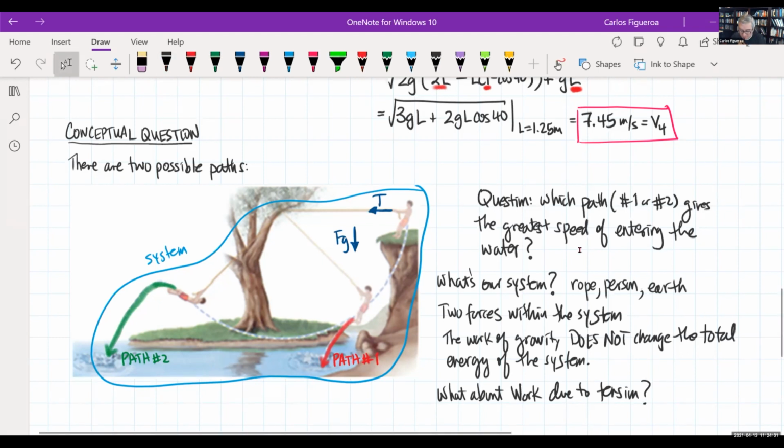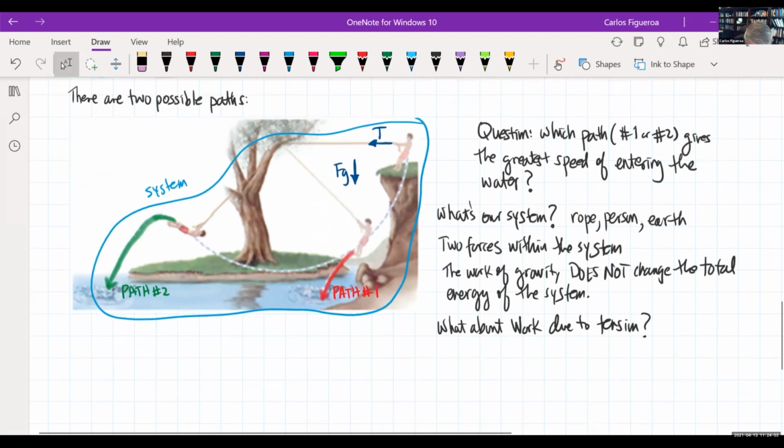Well, as we discussed beforehand, what we do know here is that we have a tension force, and the displacement as this person is swinging will always have a perpendicular displacement relative to the tension. In other words, this is a 90-degree angle. So this means here that because it's perpendicular,